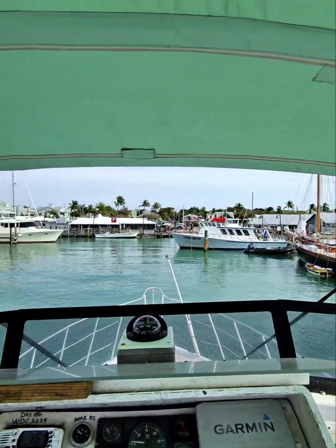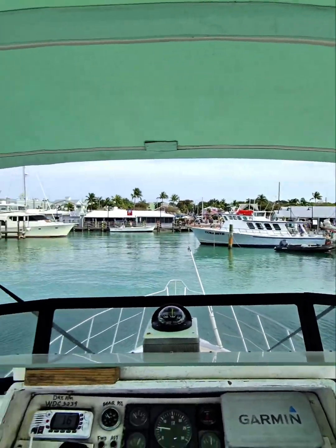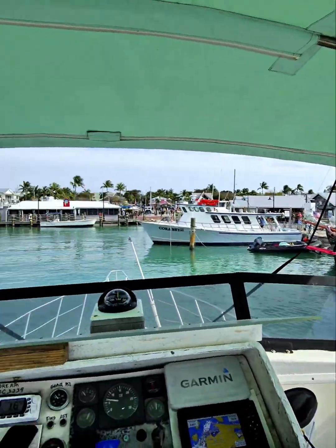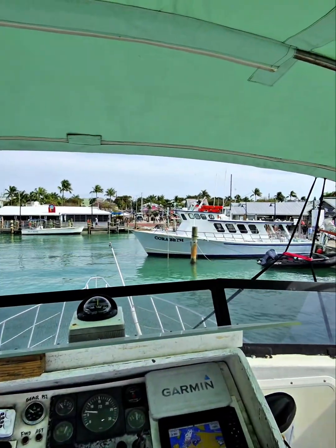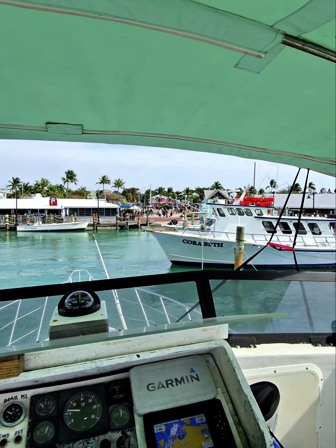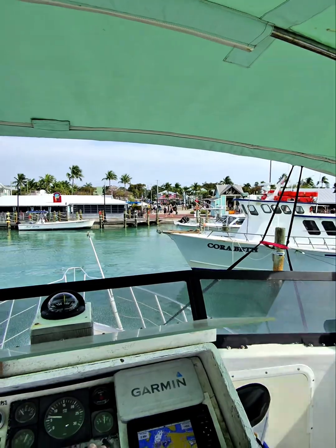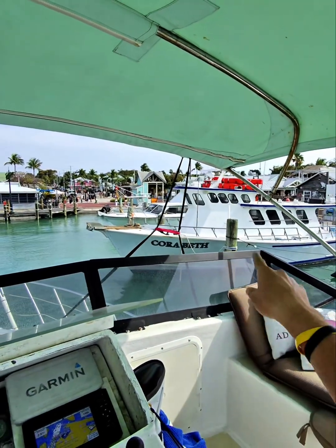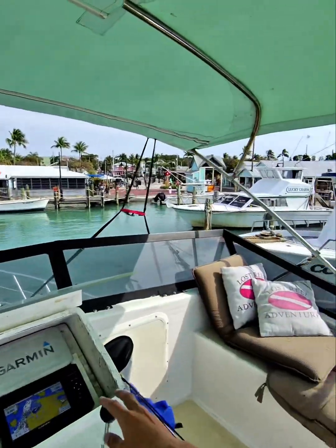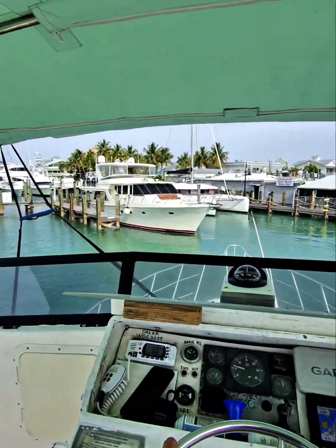Single engine inboard, single screw, that's what they say. We're gonna slow down, put it in neutral, get up here slightly to the left, and we'll go hard to the left. We're gonna go right there, put it in forward, put my bow over by a dock, neutral, head on a